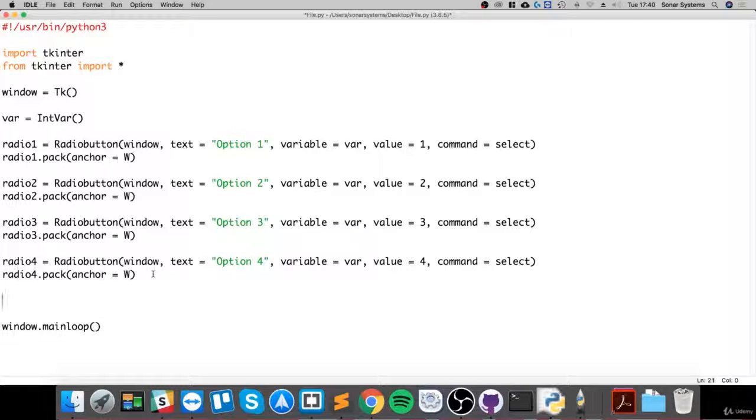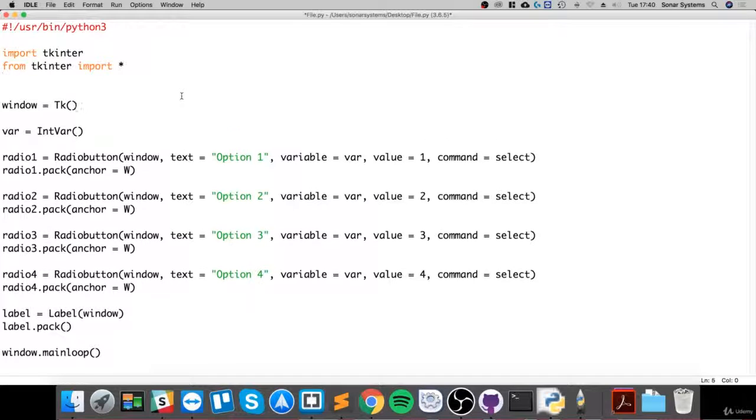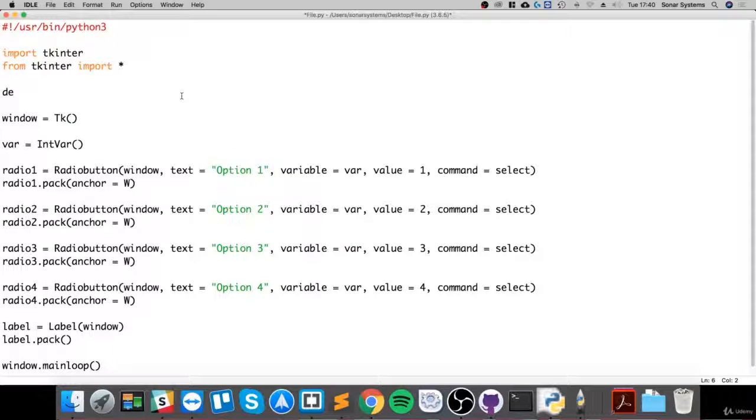Now what we're going to do is label equals Label window, label.pack. Finally, we need to actually implement this select method. So we can do it before the window because we don't need to access the window. So we do def